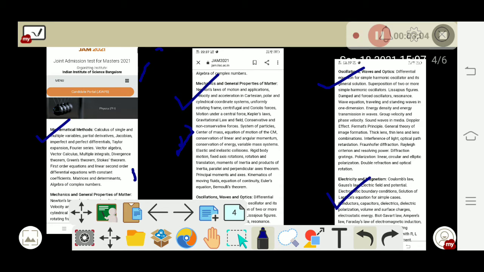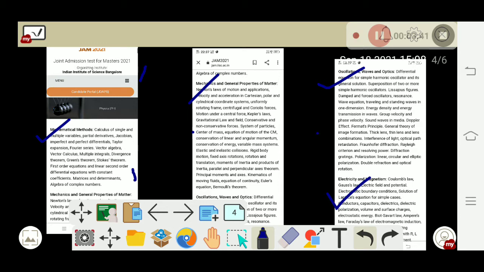Next portion is mechanics and general properties of matter. This portion is very important. Each and everything is important because any type of problem may come. Okay, let me wrap these things. Yeah, so what is Newton's laws of motion and applications, velocity and acceleration in Cartesian, polar, and cylindrical coordinate systems, uniformly